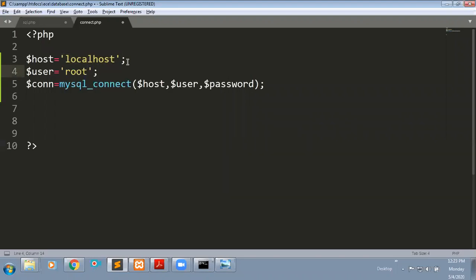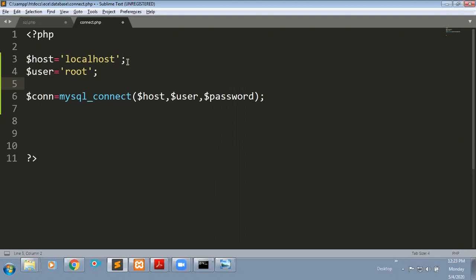For the password, initially I have not taken any password, so you need to give empty here. If you have any password, that password you need to mention here.